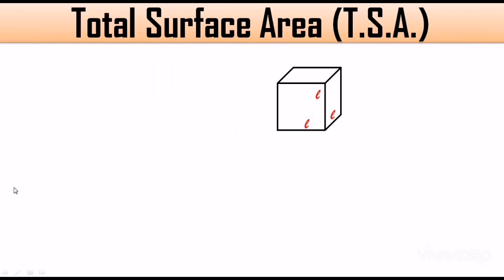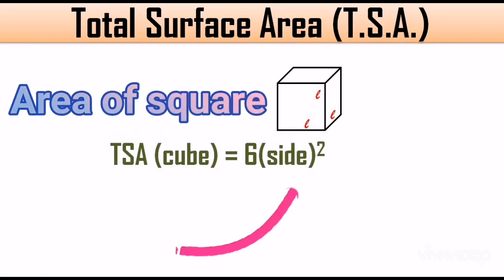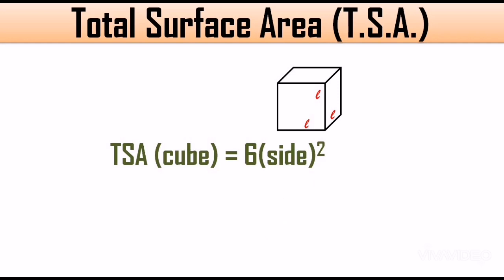Now boys and girls, let's try to summarize the details we have seen for cube and cuboid in that video. The total surface area of a cube is nothing but 6 into side square. That side square is nothing but the area of one square. Each and every square present in that cube has the same side, so every square in that cube will have the same area. So instead of adding them 6 times, we are just multiplying that side square by 6. In that manner we can calculate the TSA of a cube.